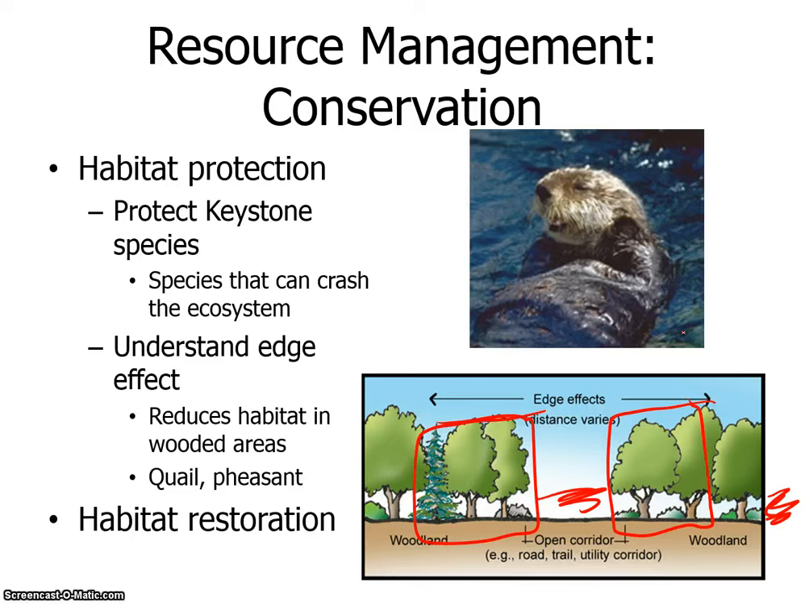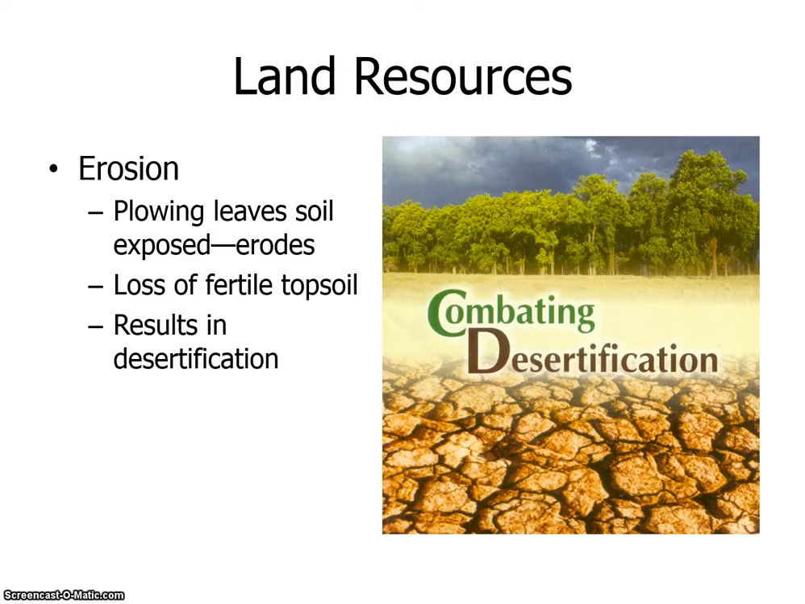Edge effect, if you are fragmenting those edges, you are going to also be endangering those animals, because those animals need to be able to have protection further in the forest. So if you fragment the forest, then you're going to end up with lots of unprotected animals. Okay, habitat restoration we talked about. Land resources,